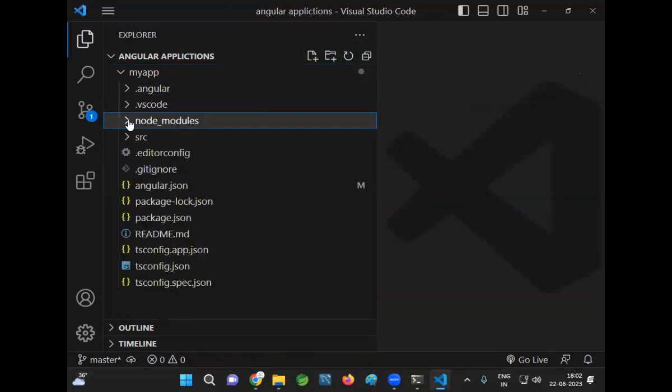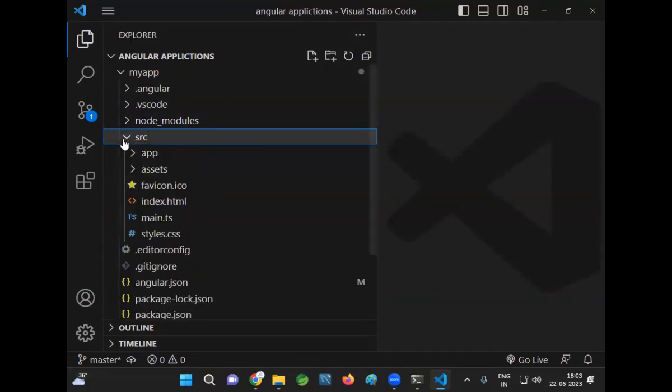What does it contain? All the modules which have been installed in your current project. And the most important folder is what? Source folder. What is the first thing I told you? When you create an Angular project, two things they have given as root. First thing is there is a root module whose module name is app module, and another root component whose component